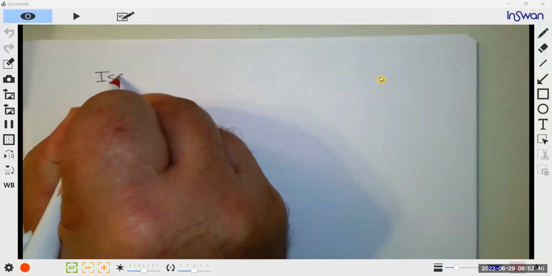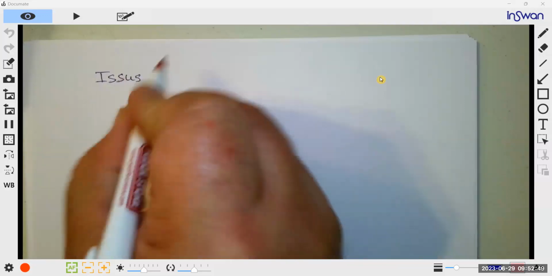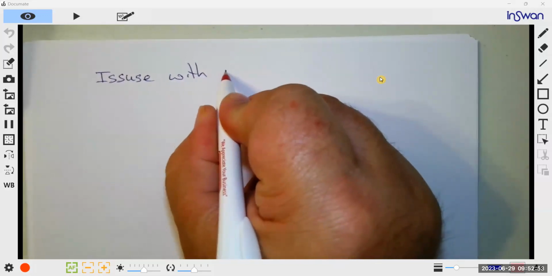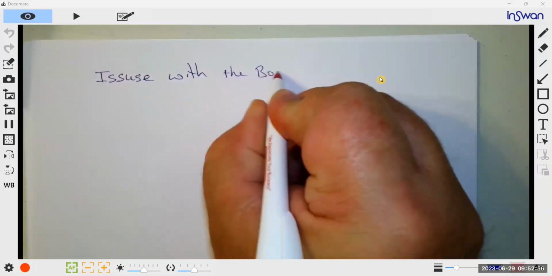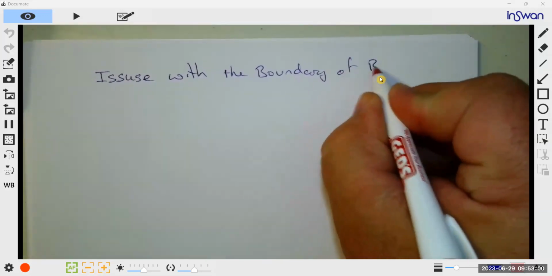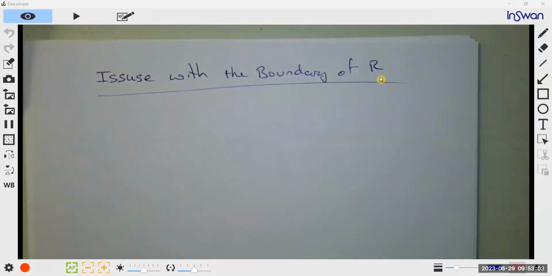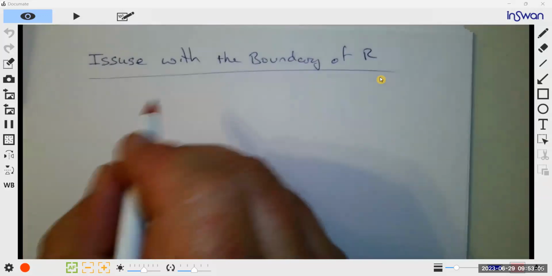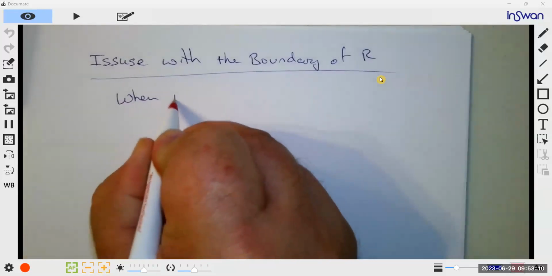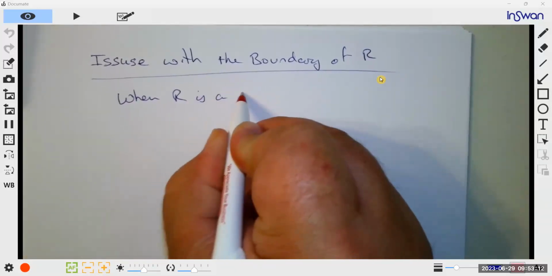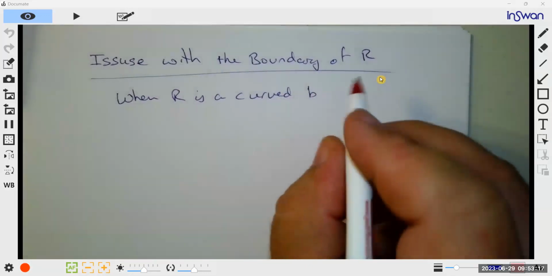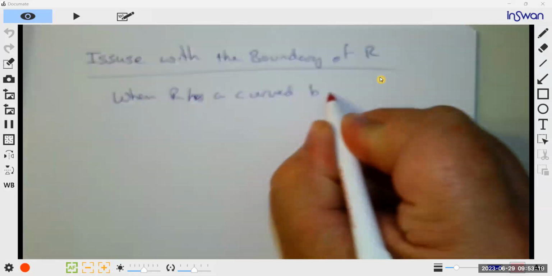The issues with the boundaries of R are these. When R has a curved boundary,